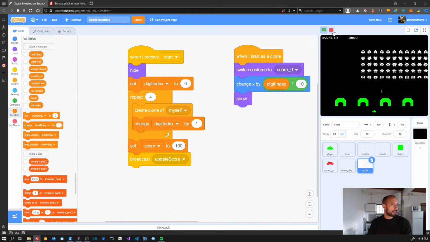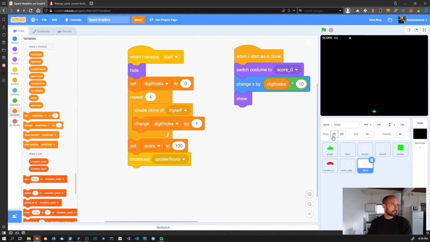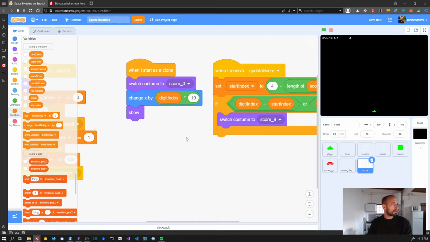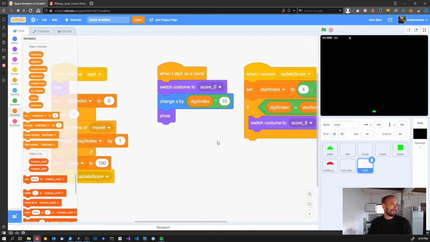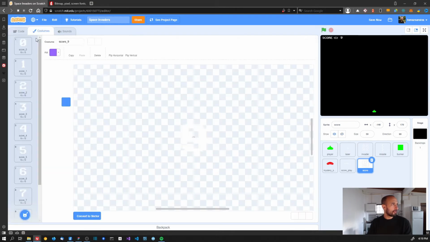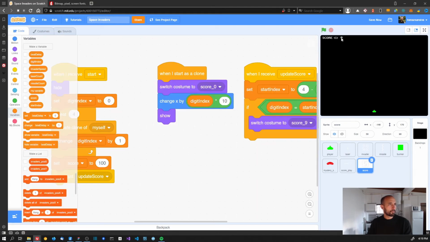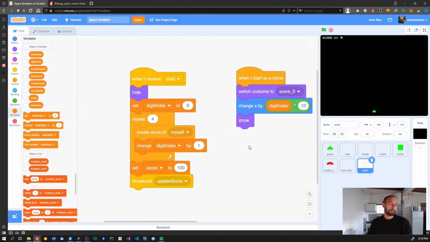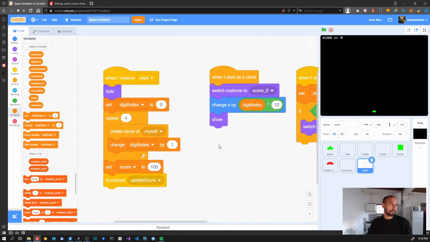Why is it like that now? Yeah, but we are resetting the digit index. Why is it moving? I don't know why it's moving. Maybe I forgot to do something, or it was some error that I had before. Let's see. Oh, now I don't remember the correct position once again. Oh, sorry, I didn't reset the position here, but I shouldn't need to reset the position because we are actually not moving